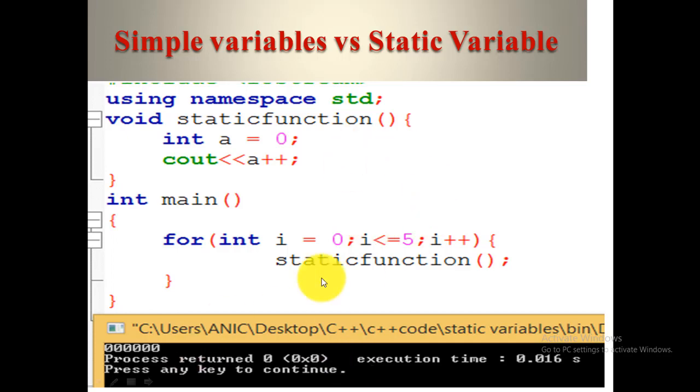Why? Because in the body we call the function, in the first iteration i is 0 and it increments.